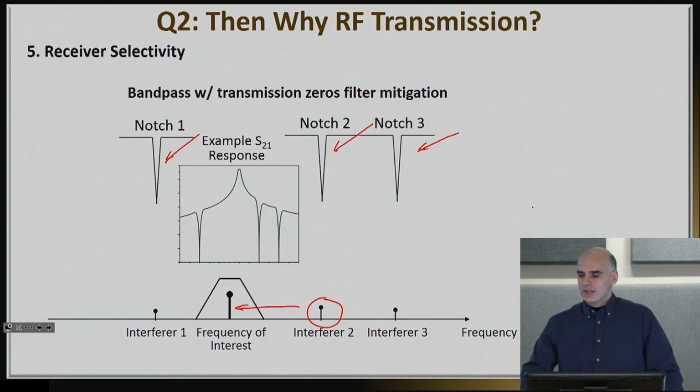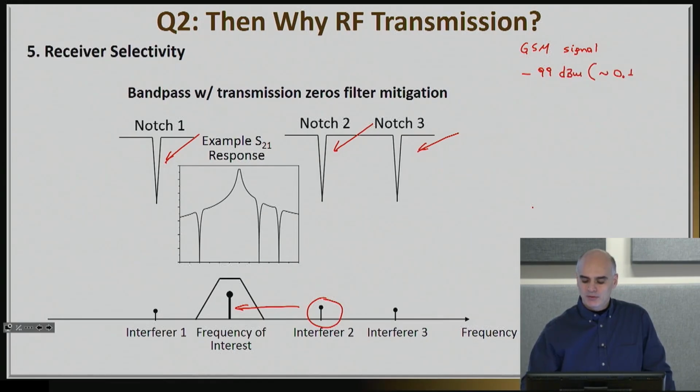Let me give you a real life scenario so you can appreciate the numbers we're talking about here. Let's say that you're trying to receive a GSM signal. Let's say that your GSM signal of interest is down at negative 99 dBm, which is roughly 0.1 picowatt. We discussed last time that it's with these sensitive receivers that we have to deal with. And the standard says that this GSM signal has to be received, so you have to be able to get to 0.1 picowatt in the presence of a blocking signal that is approximately negative 43 dBm.